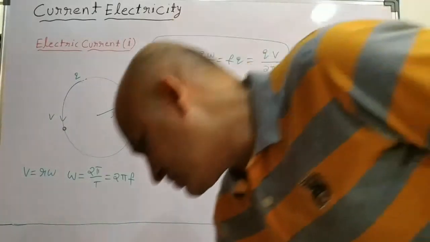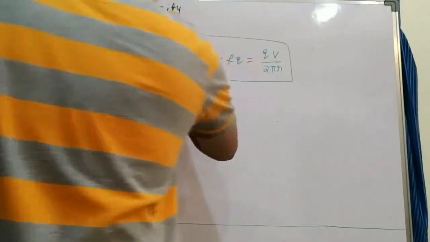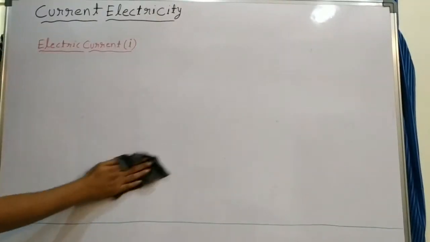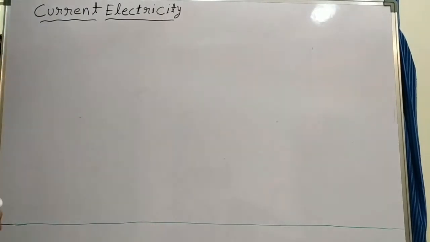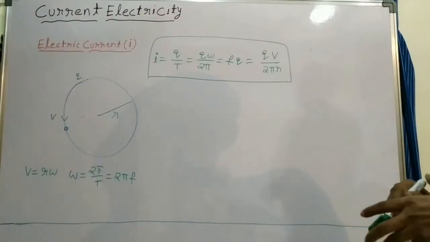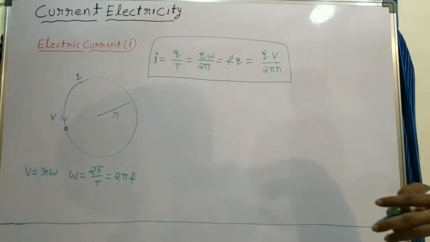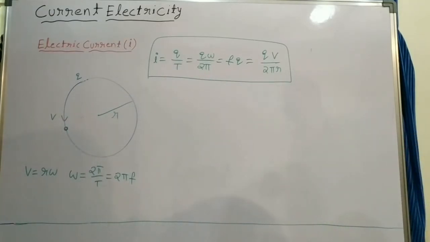Now let's see one relation. Electric current according to definition. One important point: electric current is a scalar quantity. But actually electric current has magnitude and direction also. The direction in which way current is flowing, that we know in the wire. So it has both magnitude and direction,